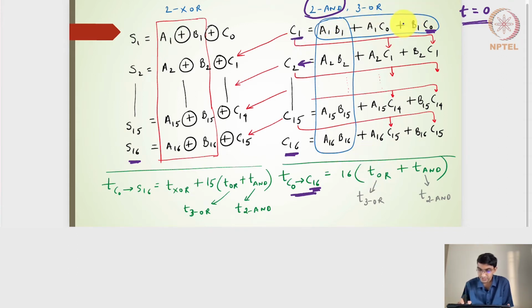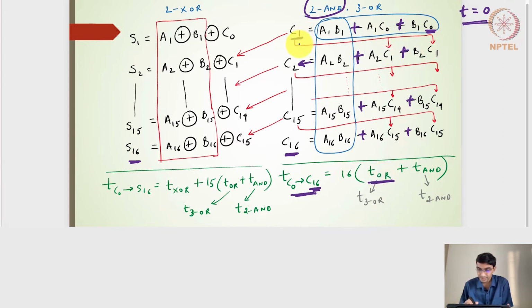the OR gate expression. So it is nothing but the 3-input OR gate, 3-input OR gate, right? The 3-input OR gate is generating the C1, the 3-input OR gate is generating C2, and the 3-input OR gate is generating C15, C16, and so on. So it depends on the 3-input OR gate here, as well as the delay also depends on the AND gate